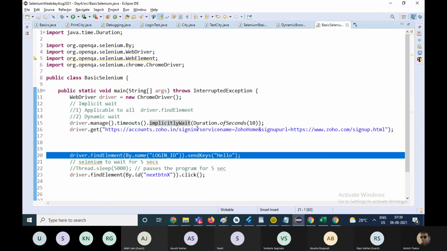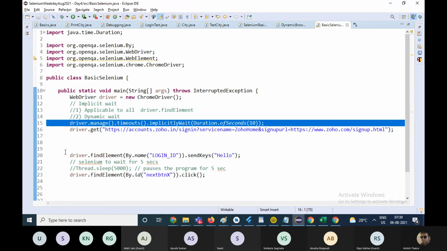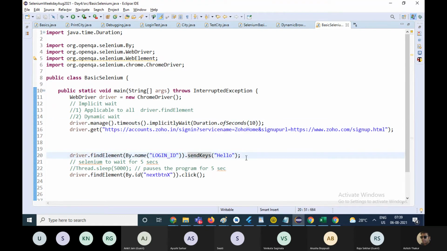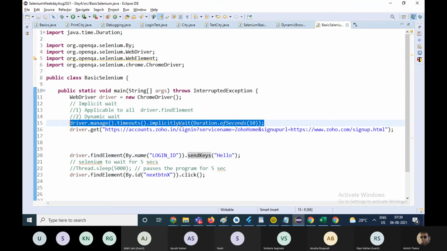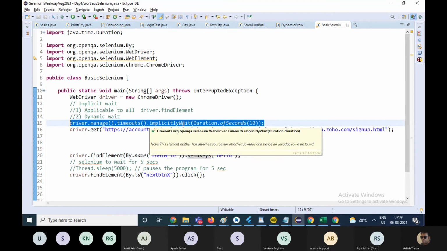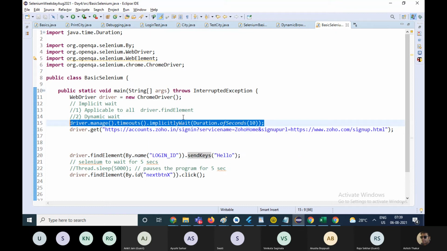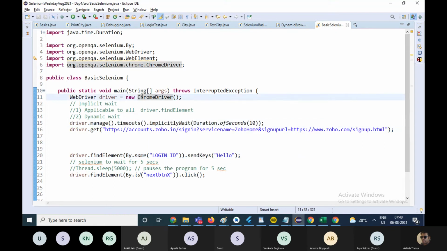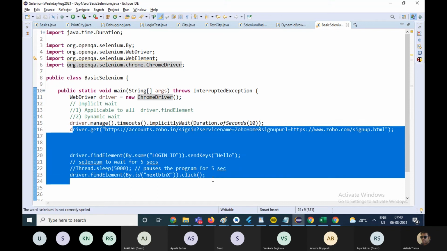Sometimes the elements take 1 second or something to actually load after the web page has loaded, a time frame which cannot be seen by the human eye. So for that, this thing helps us a lot. When you come across those kinds of errors, you really don't know what the error is, and then you put the implicit wait and everything becomes normalized. Please keep your habit of defining an implicit wait after opening the browser and then performing all the operations.